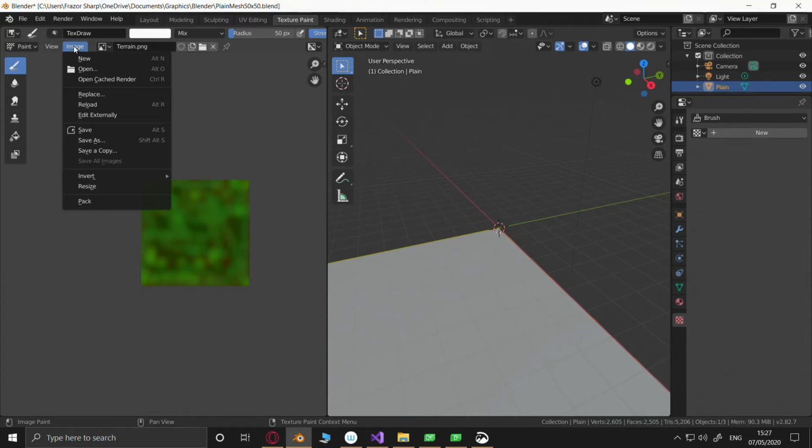Replace, reload, edit externally. How do I add this to our Dubry?